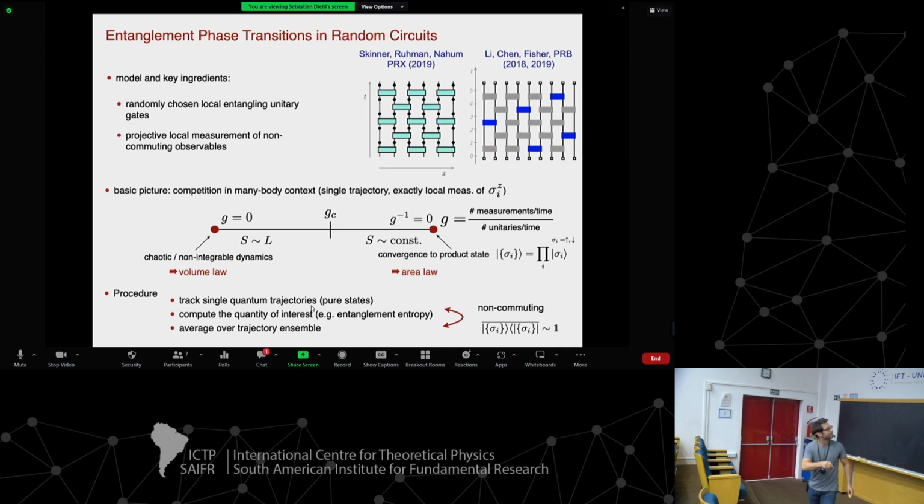So there was something missing here on this slide, some piece of discussion. What this model shows, and that's a really important piece of information, is that these authors found that there indeed is a critical strength for this dimensional competition ratio, below which we have exactly the qualitative behavior of this limiting case: a volume law in the entanglement growth, proportional to L in 1D, and a saturation of entanglement to an area law in another extended area of this phase diagram. So that is now the important statement.